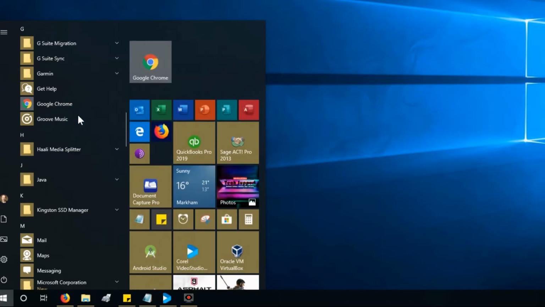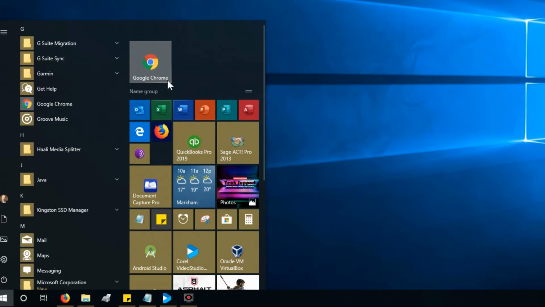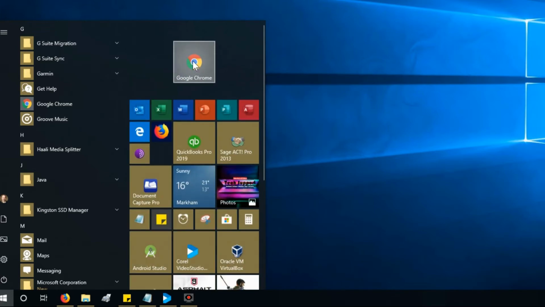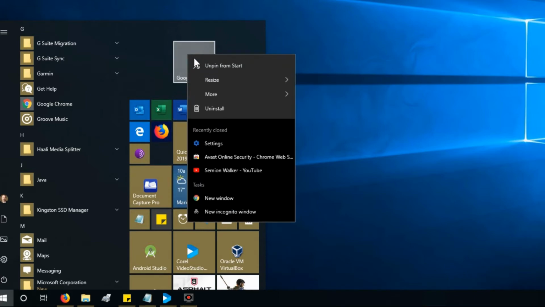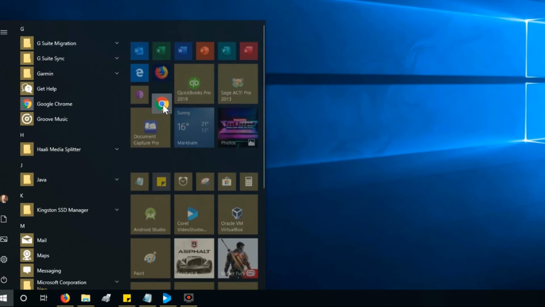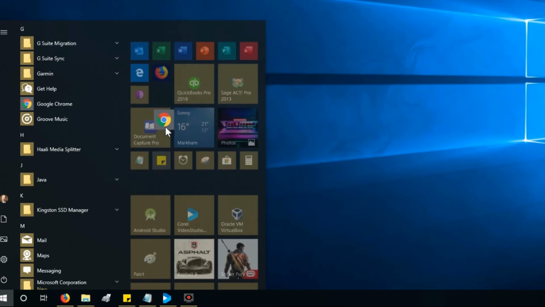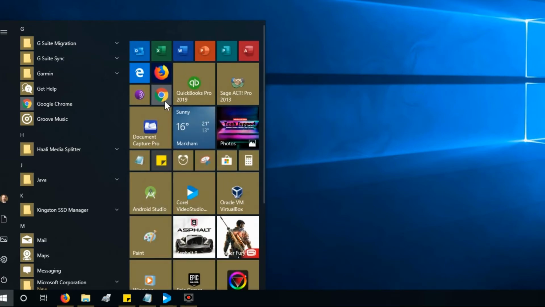Now what it does is it's going to jump right to the top or way down at the bottom, and you can grab this and move it around anywhere you want. But what I want to do first, because it was smaller, right click on that, go to resize, and I can make it small. And then I can now drag that, and you can see as I position it around, it can go anywhere in here. And I just let go and drop it right there where I want.